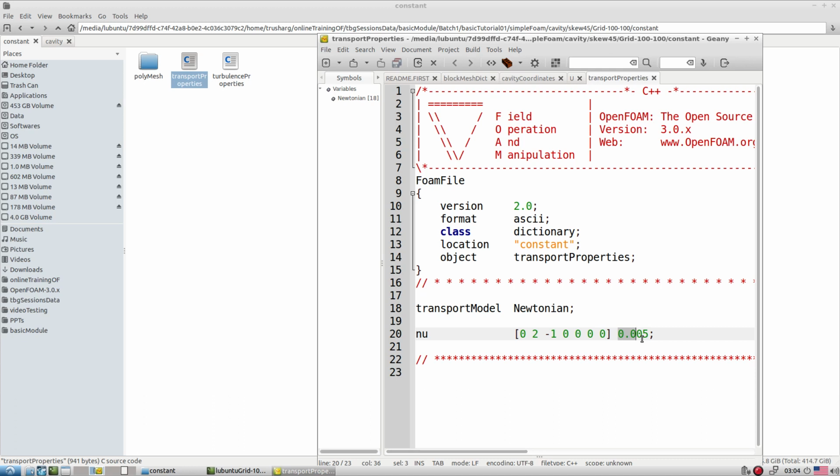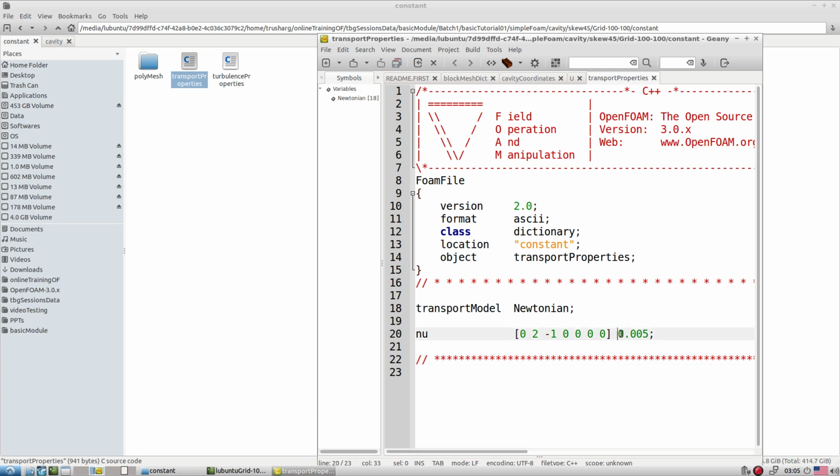So if we remember the definition of Reynolds number, Re equals velocity, that is the top wall moving velocity, equal to 1, and then we have a length, that is also 1 meter, and below we have the kinematic viscosity. So if we fix the kinematic viscosity accordingly, then we are able to fix the Reynolds number. For that purpose, we require 1 by 400, that is our value of nu.